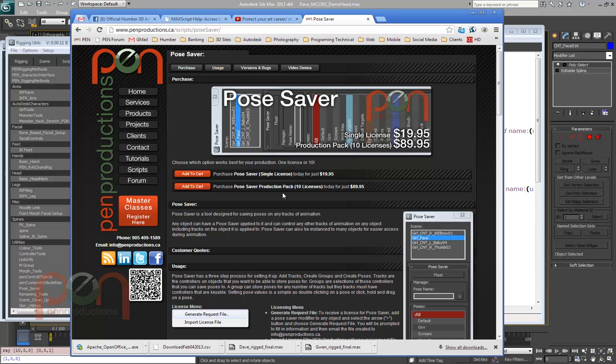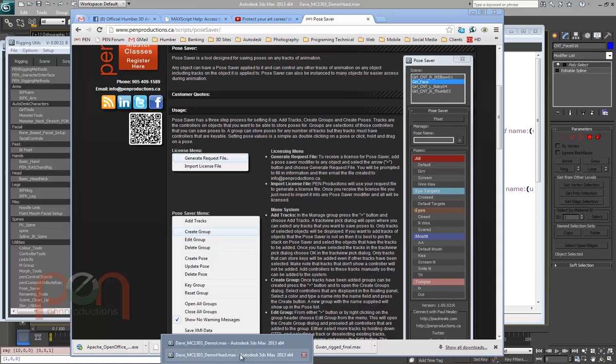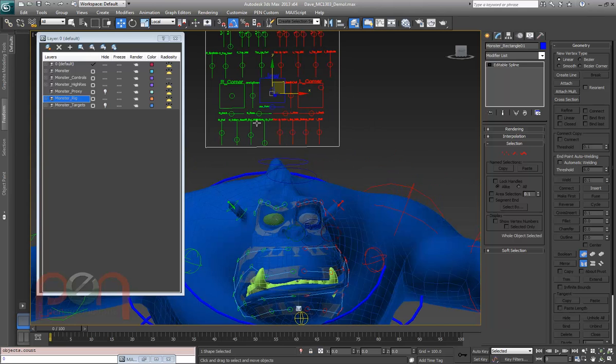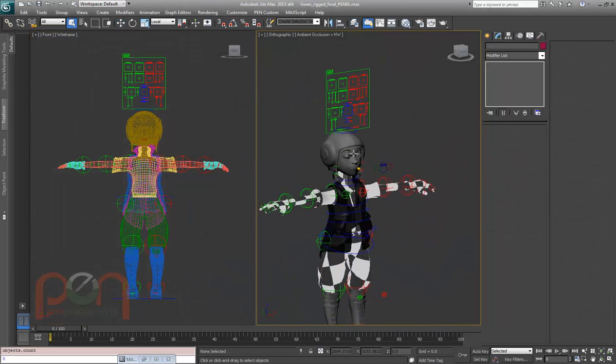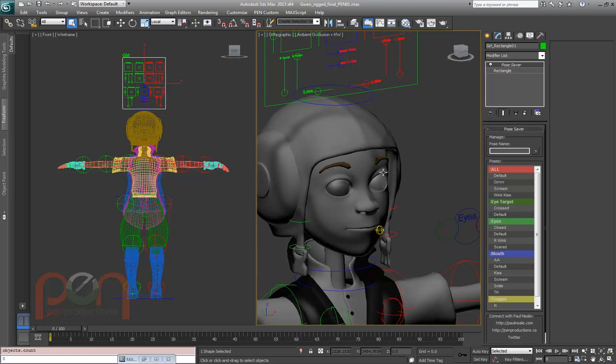And what this allows you to do is grab any tracks of anything anywhere, store poses on them, and then scrub those tracks. I think it is Pose Saver. Pose Saver looks like this though. Here's Gwen from the same short basically,